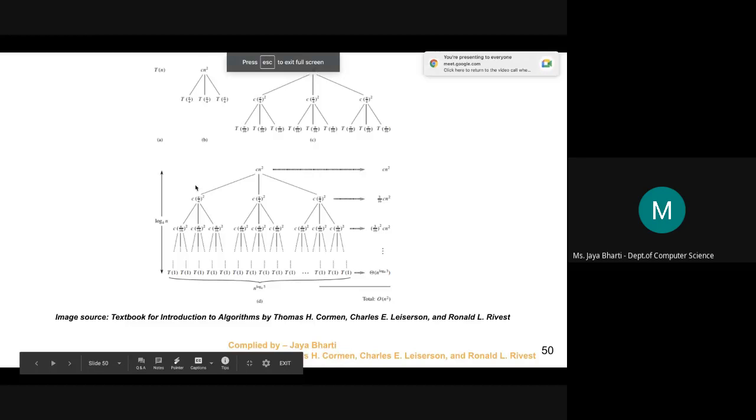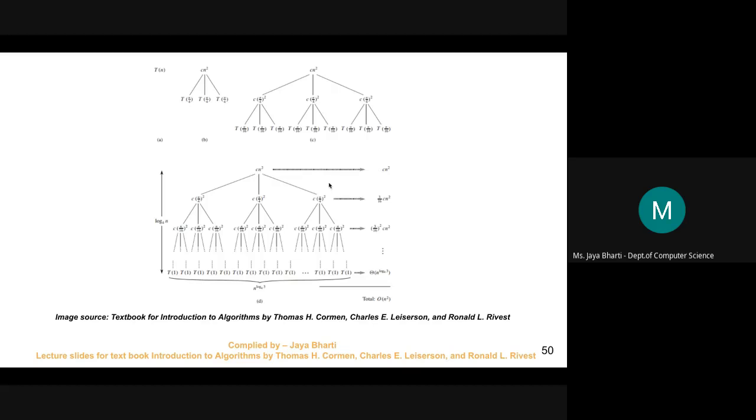Okay, so you can see here the cost in the first step was the c n square. The cost in the second step for the dividing is 3 times c (n by 4) whole square. So (n by 4) whole square will be n square by 16. So you can write it like 3 by 16 c n square. Then in this step it will be (3 by 16) whole square